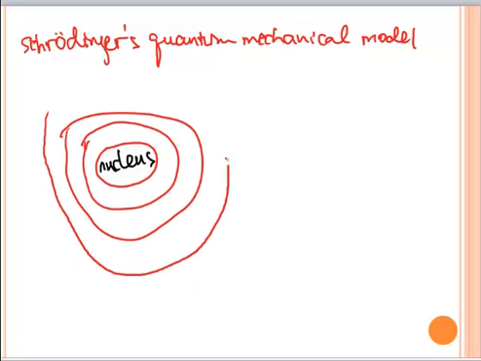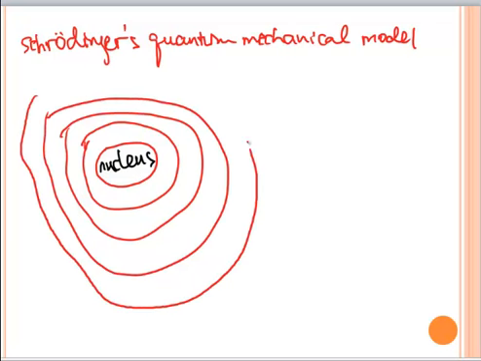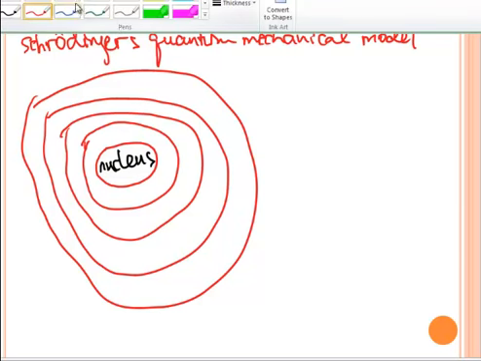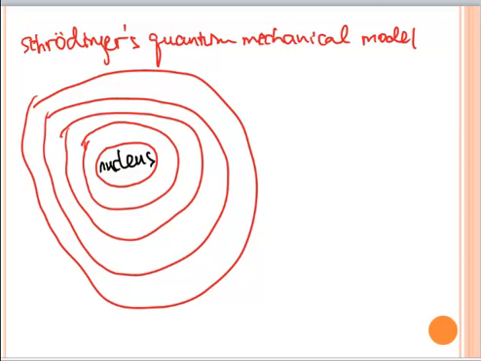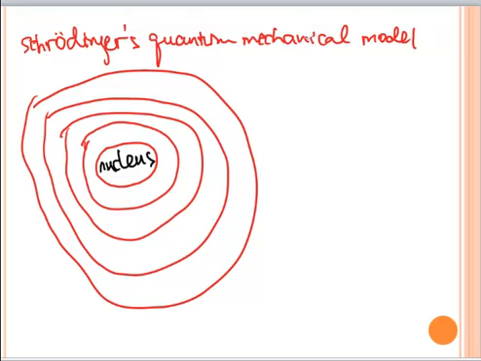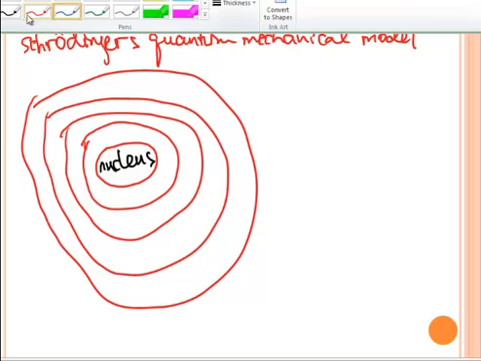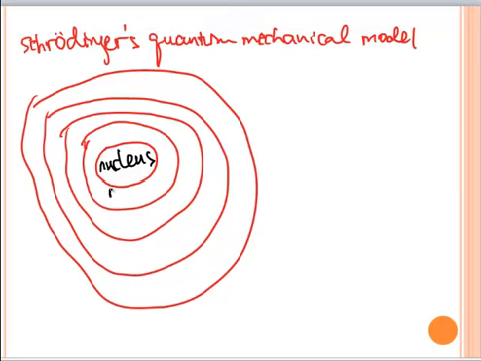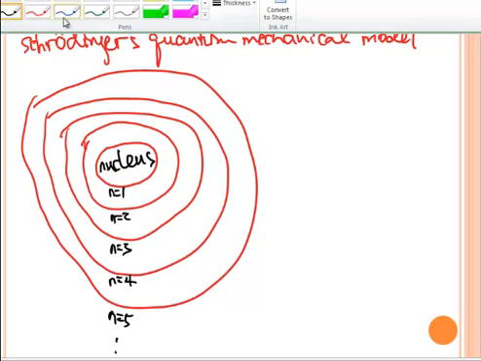I really need to practice my drawing skills. Those circles are called principal energy levels. This one will be n equals 1, n equals 2, n equals 3, n equals 4, n equals 5, and the list goes on and on. This is quite similar to Bohr's model I just mentioned before, but on those